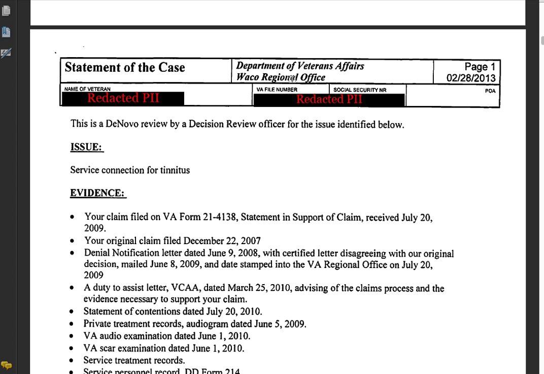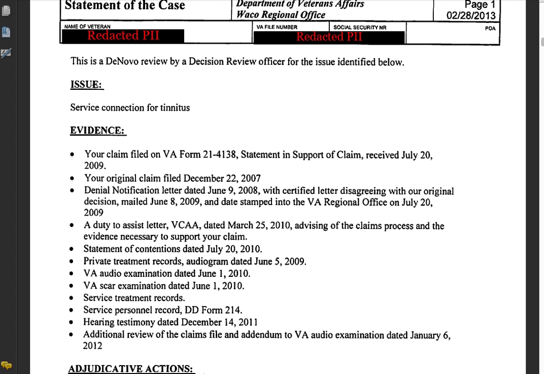The second thing, look here at this issue list and make sure that all of the things that you claimed in your original claim that were denied in the ratings decision and that you alleged in your notice of disagreement you wanted to appeal, make sure they're all listed here. A lot of times the VA will try to thin the issues by not putting all of your issues in this block here. And you're going to respond to this VA Form 9. If you're like most vets, what you're going to do is you're just going to respond to these issues that they've listed here. Well, little known fact is that the VA Form 9 is what governs the scope of the